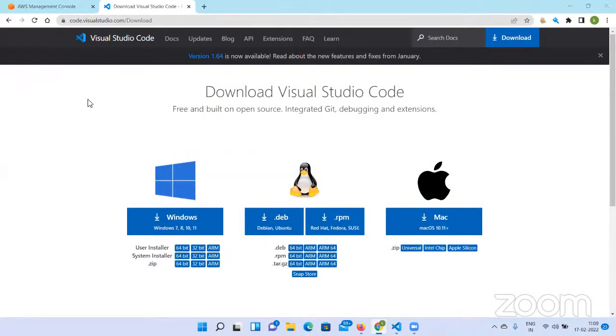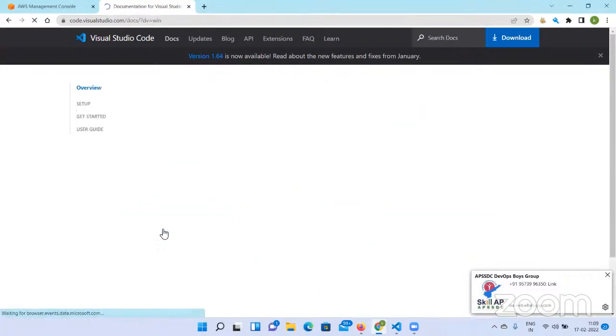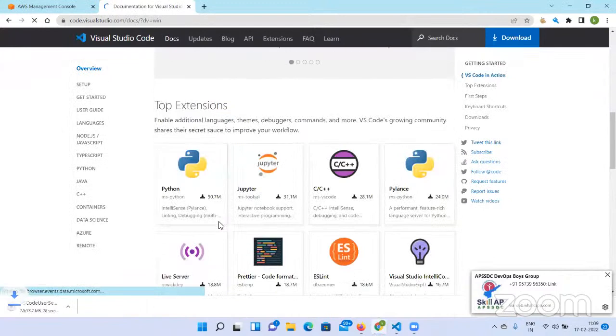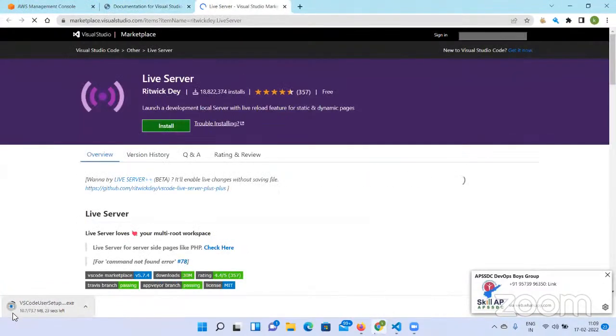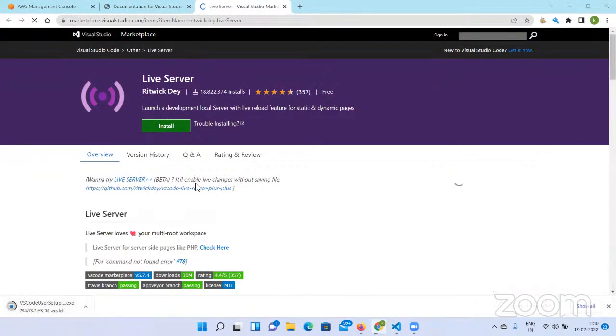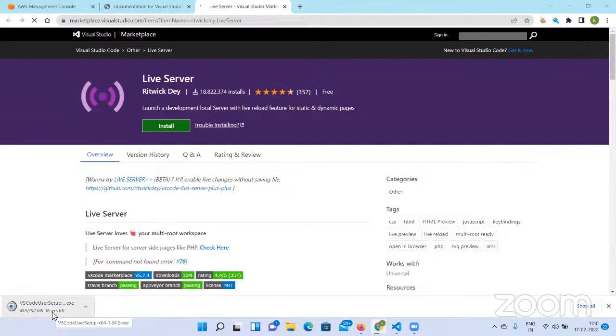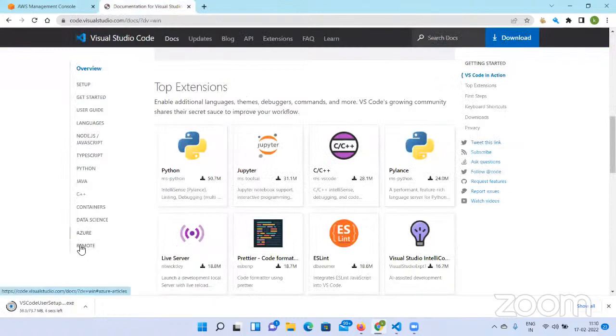See, when I click on download, it is asking me for the options. Is it a Mac OS, or a Red Hat or a Debian OS like this? Since it is for Windows, I will click on Windows. When I click on Windows, it will download an exe file. Here you can see, an exe file is getting downloaded. This takes a couple of seconds. I think 10 more seconds left. Once it is downloaded,